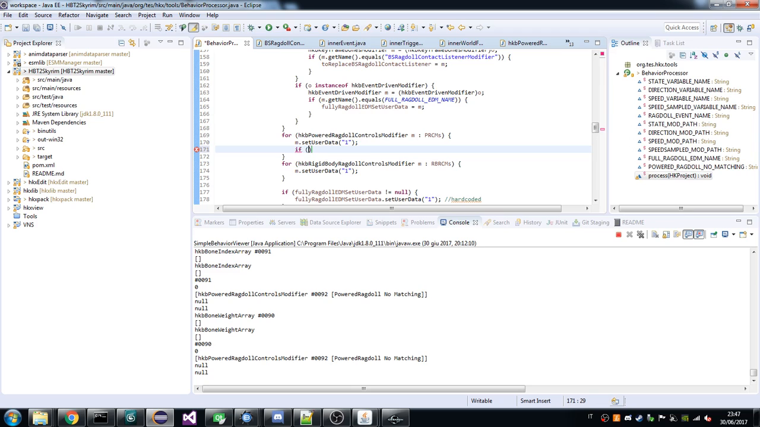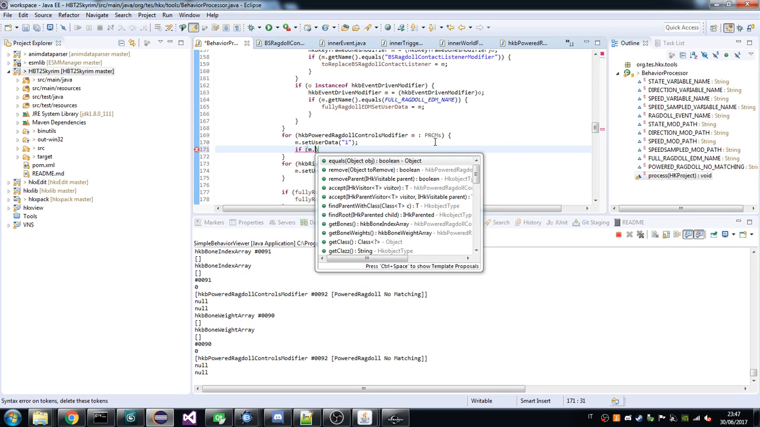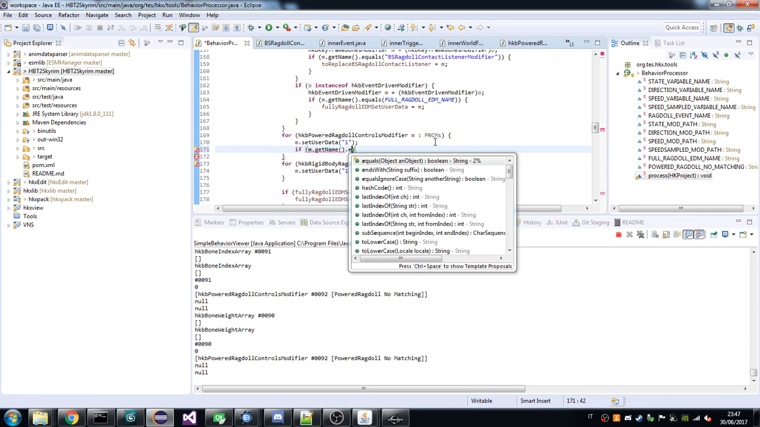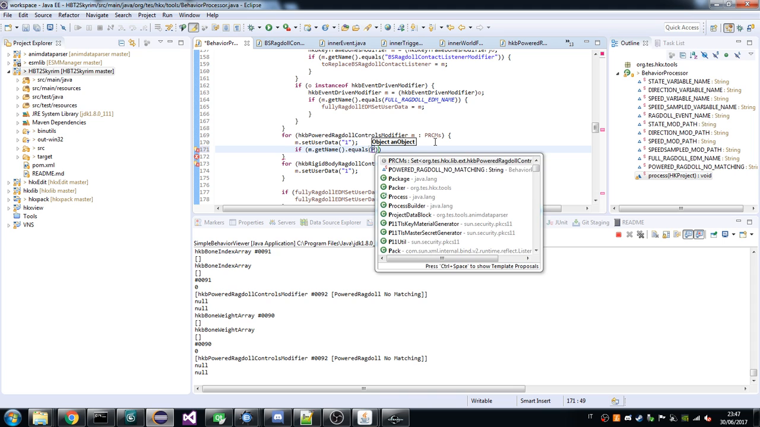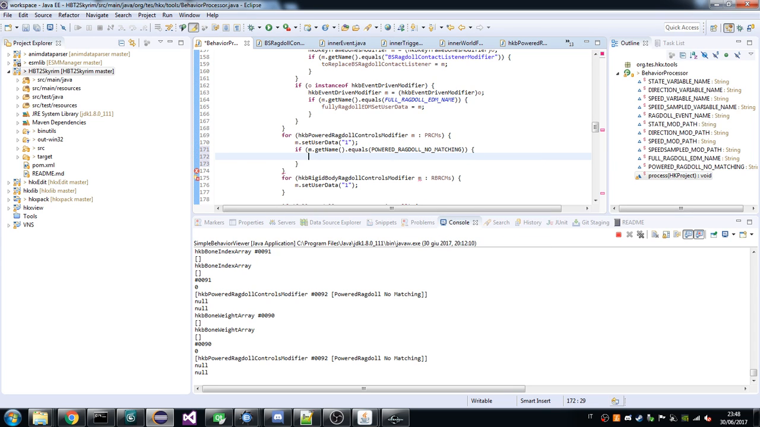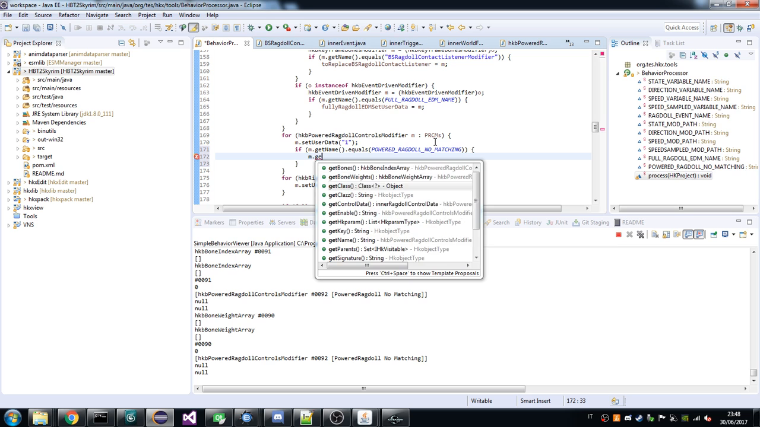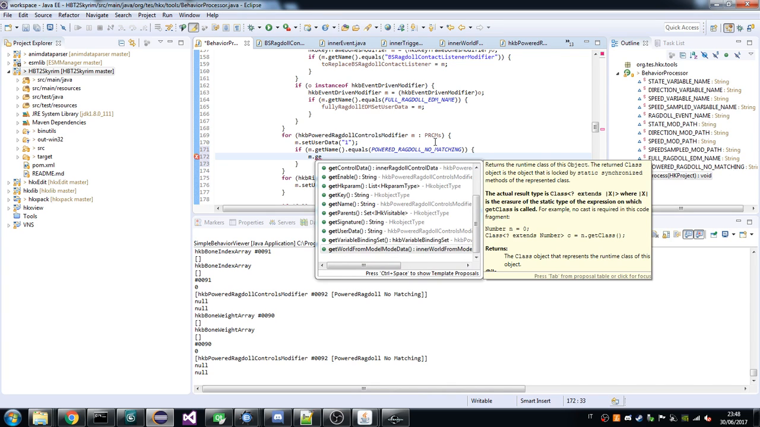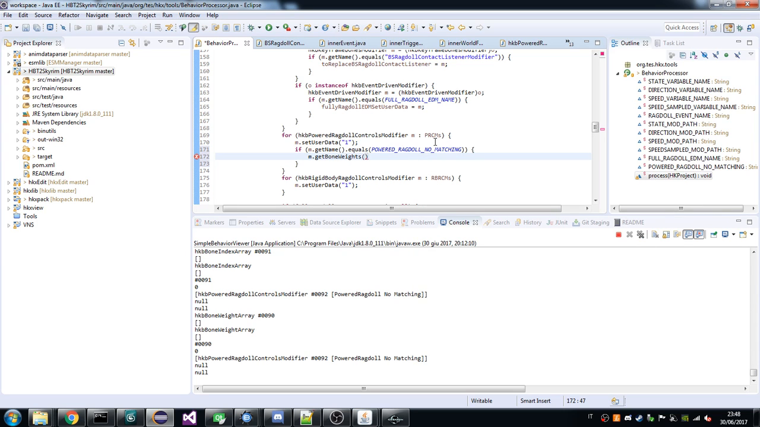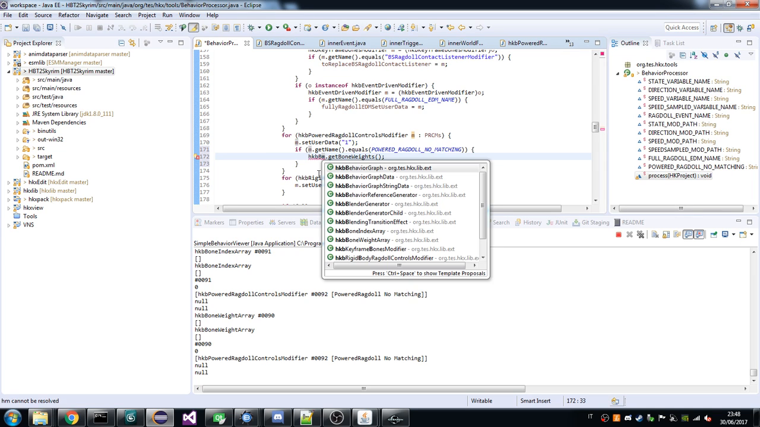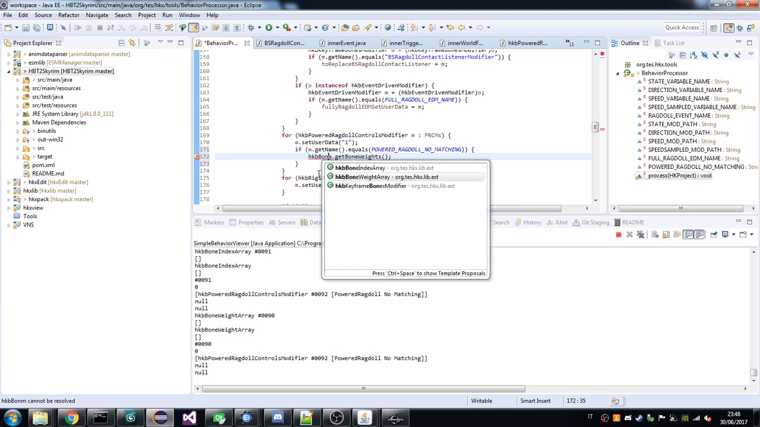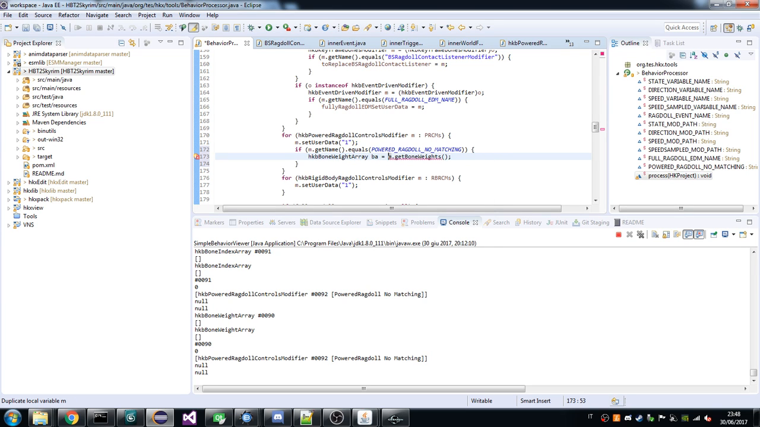So if name is equal to power ragdoll no matching, we're going to have, we need the bone weights, this, and for